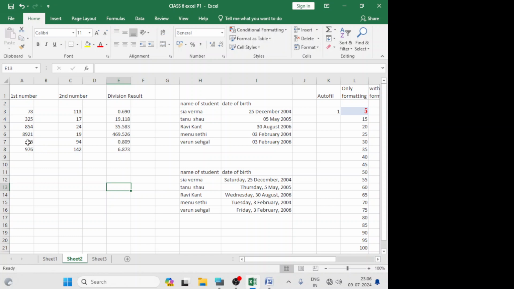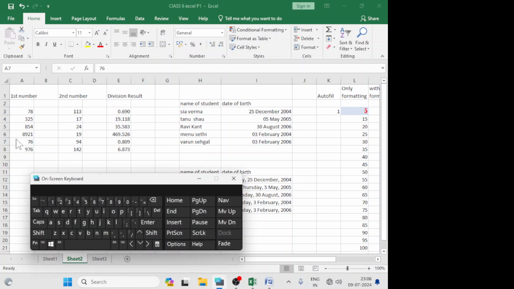In Excel, if we change any number in which a formula is already typed, the answer will automatically change. Now I have changed the number in this cell. Press enter. Now you see that your new answer is coming. In place of 113, if you write only 7, you see your answer is now this.